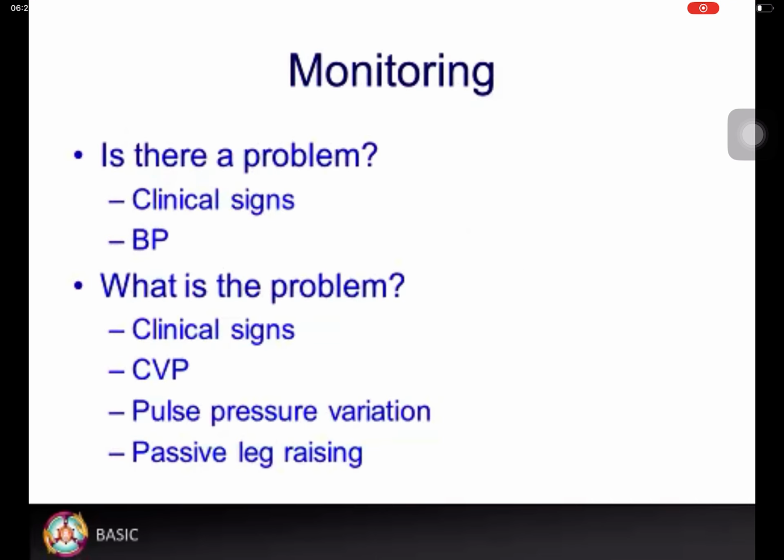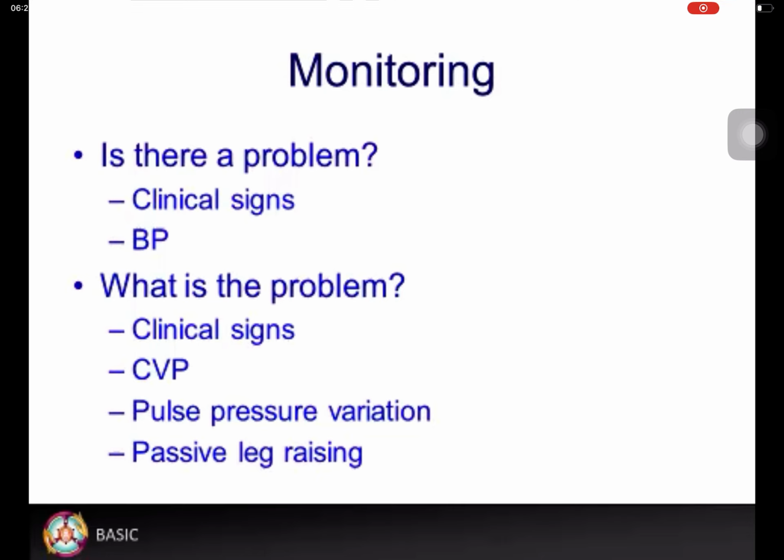The functions of monitoring are to detect if there is a problem, and if the answer is yes, then what is the problem? Monitoring should not be a substitute for clinical observations. Blood pressure monitoring may be used to supplement clinical signs to determine whether there is a problem, and central venous